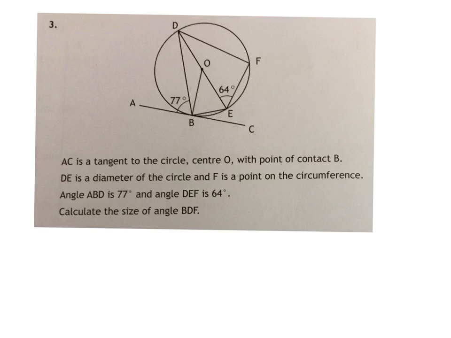Okay, question 3 is circles. So if we look at our first line of the question, we've got that AC is tangent to the circle centre O. So AC is the line we've got along here. So we have AC here. And that's saying that this is tangent to here, with the point B being the point of contact. We know that anything that is tangent is at 90 degrees. So that means that the angle we've got here,